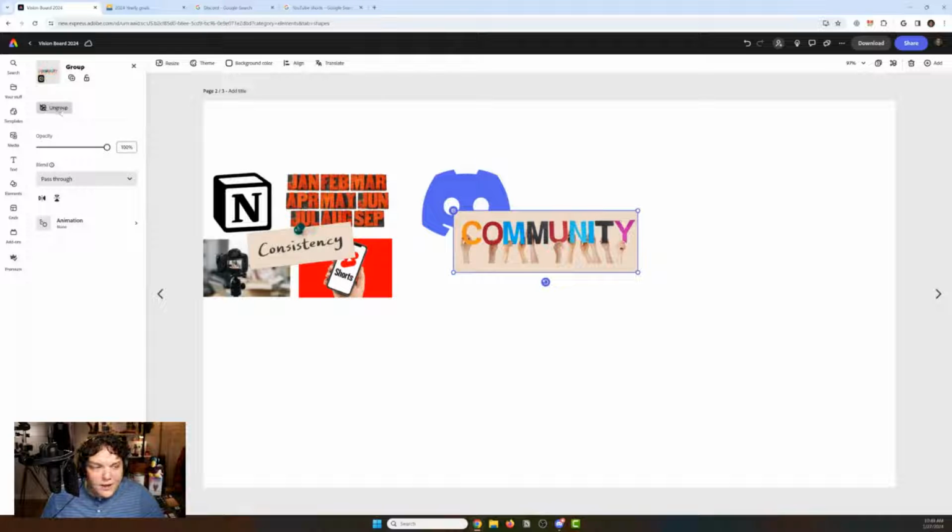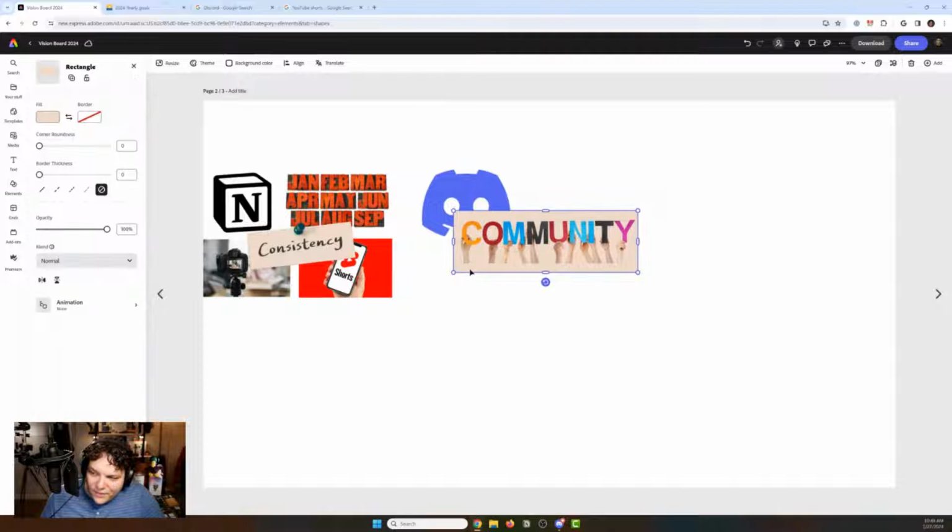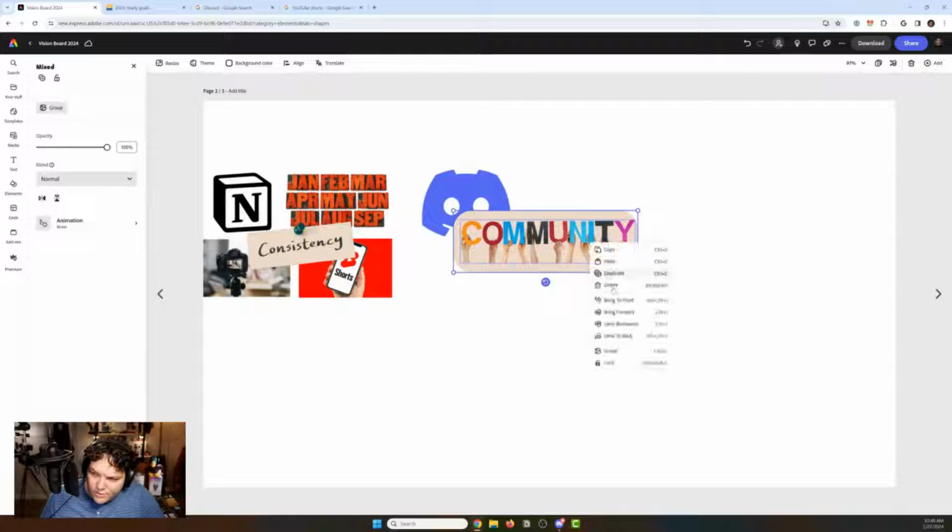And at any point I don't like this grouping, I can hit ungroup. That's the cool thing about this, there is a lot of flexibility. If I want maybe to round these corners, make it a little different, it's another way I can do that.